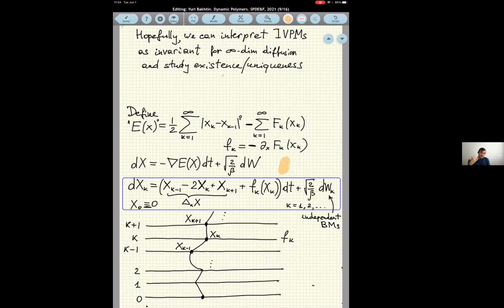And I'm asking what can be said about the evolution of this. You can say that this is a stochastic heat equation, because this term is really the Laplacian, or second derivative in finite differences, and then there is an external perturbation. So this is a non-linear heat equation, and there is also a stochastic term, these Brownian motions. Each coordinate locally feels only its neighbors. It interacts with the environment, and the external noise is also acting on it.